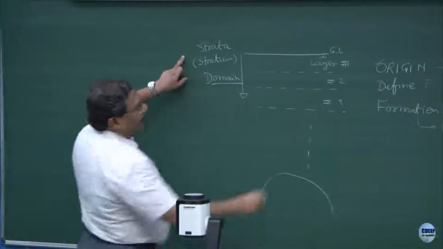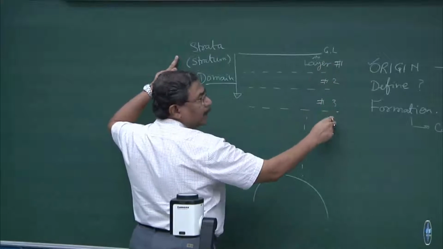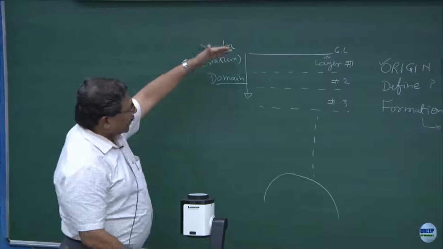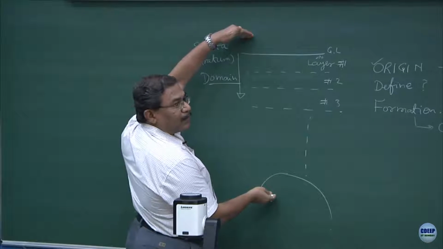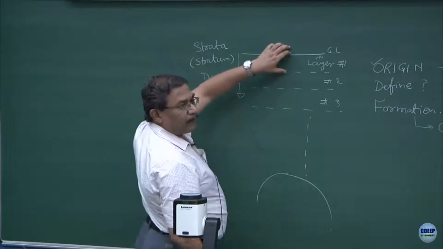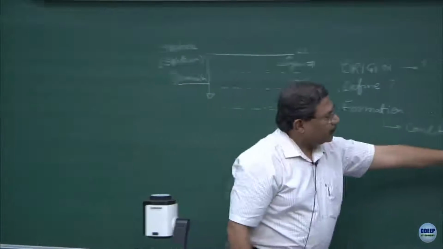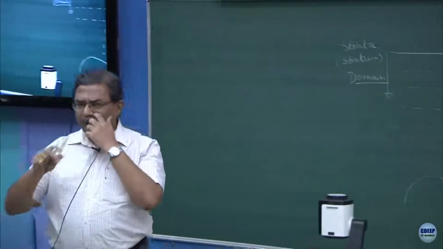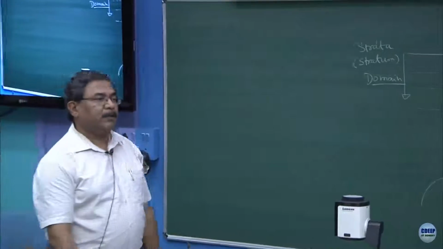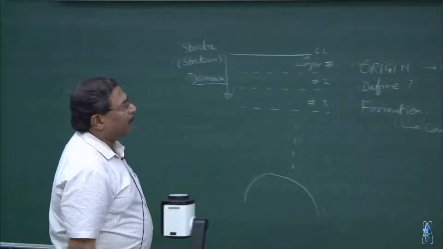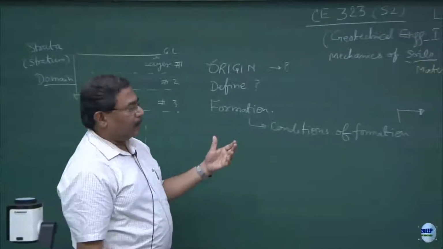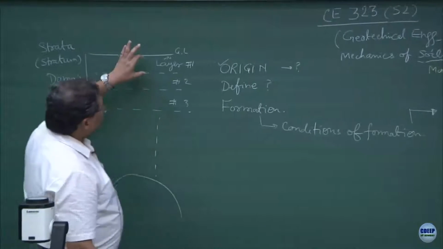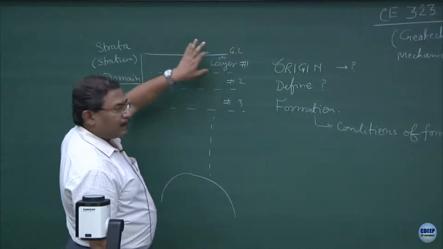These are all the layers, layer 1, layer 2, layer 3, all right. So, the strata is the entire thing, stratum is layer. Now, as I was saying, the formation could be connoting to, please remember these few words in the beginning of the course, then our language becomes the same and I hope you will not have any difficulty later on. So, if I want to define layer number 1, this is the formation,